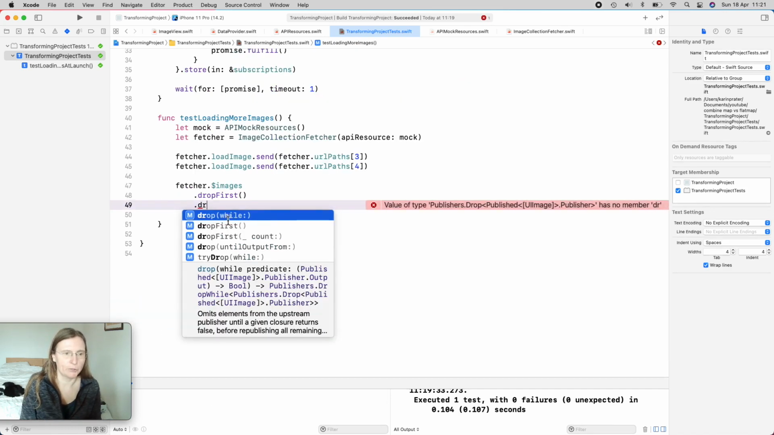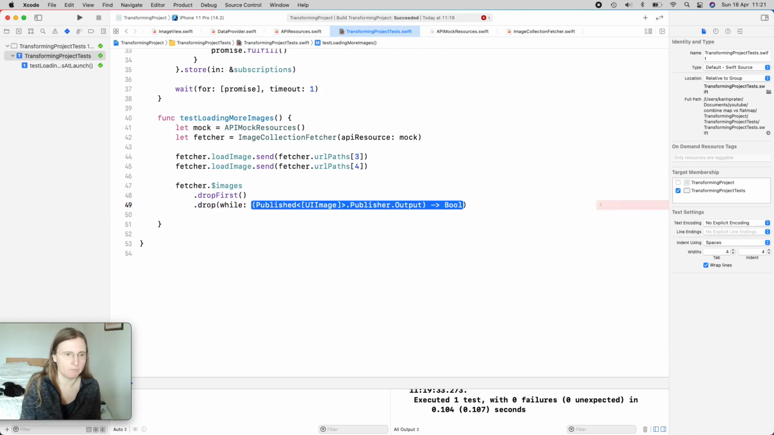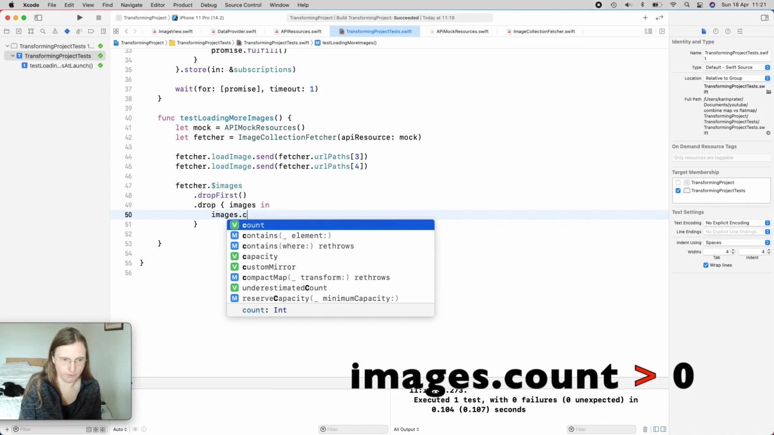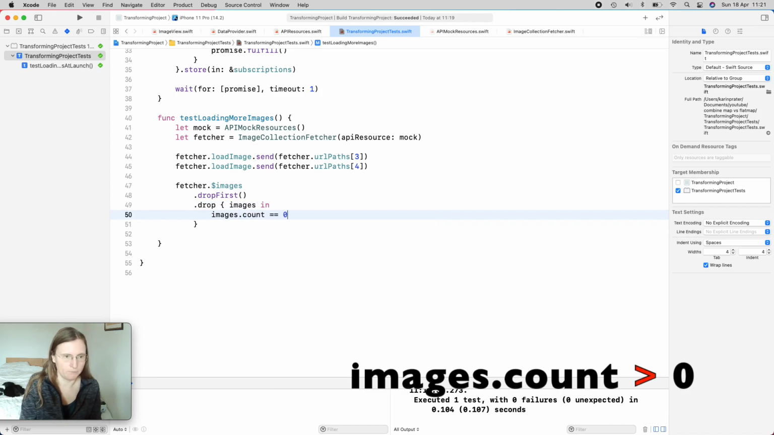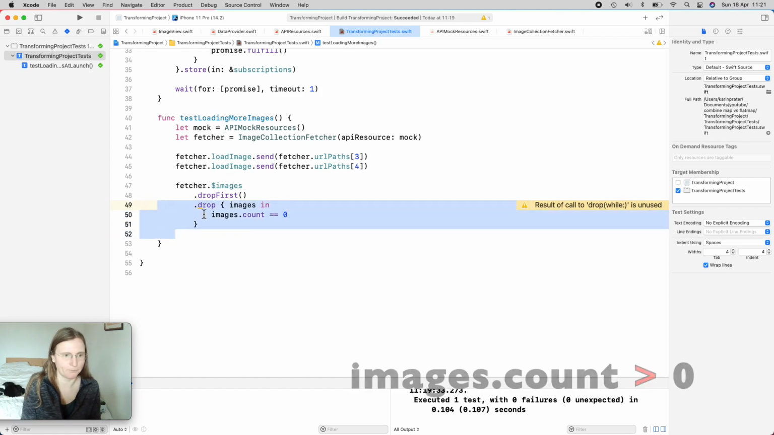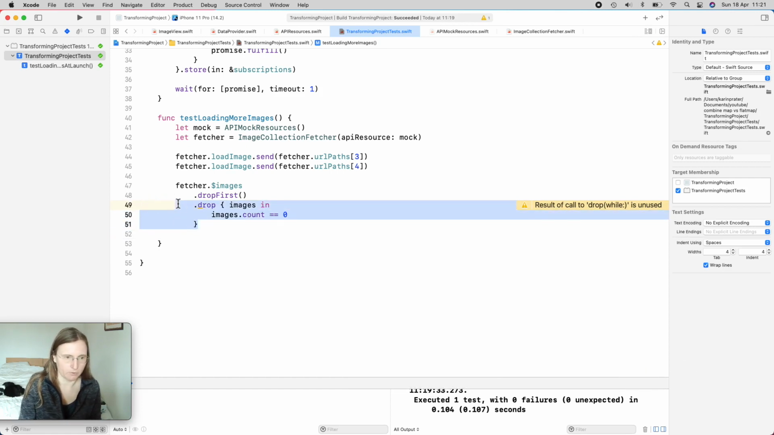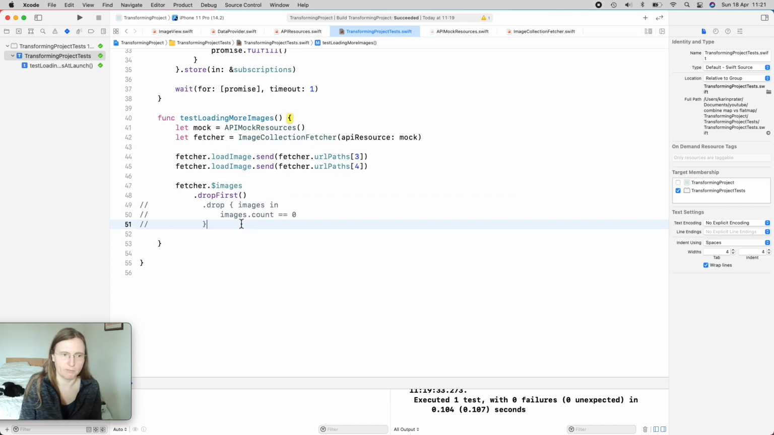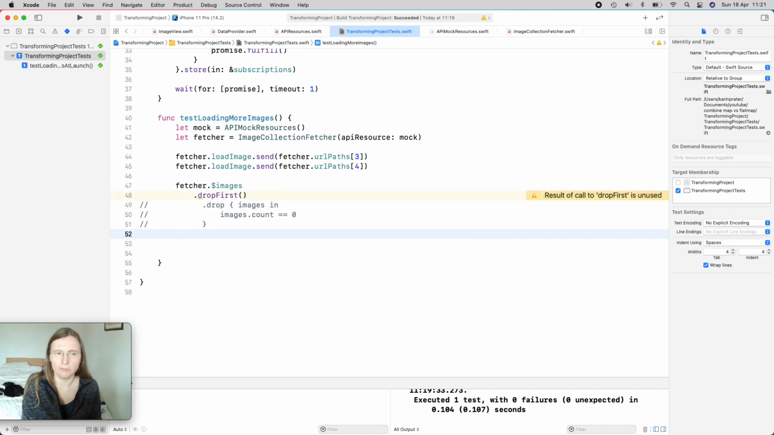You can also use drop while. Maybe you want to drop until you have something. So, for example, my images in, I want to drop until my count is 0. So once I have here values, then I'm going to pass them down. So I'm just going to take this one, comment one of these out, because now they would actually do the same. Since I said I want to check how many values are in there,